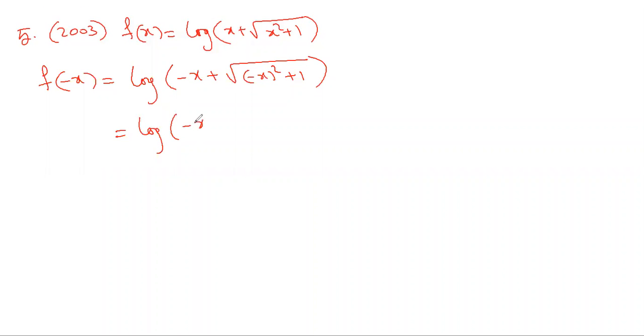The moment you see minus x plus root of x square plus 1, you should not come to a conclusion that it is neither equal to this nor equal to the negative of this. You can come to a conclusion that this is definitely not equal to that, because here root of x square plus 1 is there, here minus x is there. For example, if you take x is equal to 1 here, then you get a 2 here. But here x is equal to 1 is not allowed. X is equal to 1 here: 1 plus root 2 you get, and you get root 2 minus 1. So you get root 2 plus 1 here and root 2 minus 1 here. So you won't get the same value for x is equal to 1. That's why these two are not same.